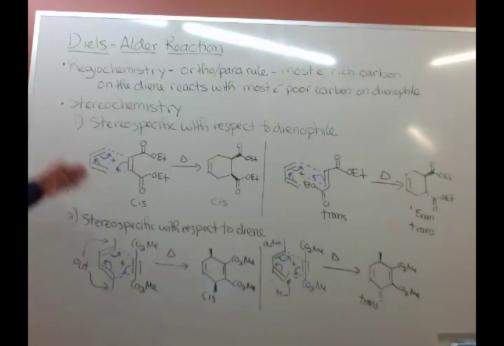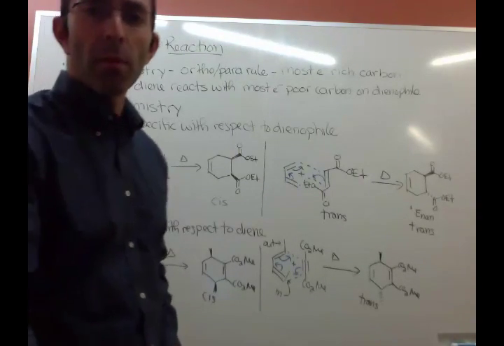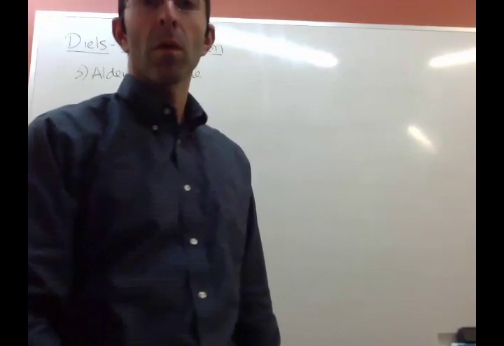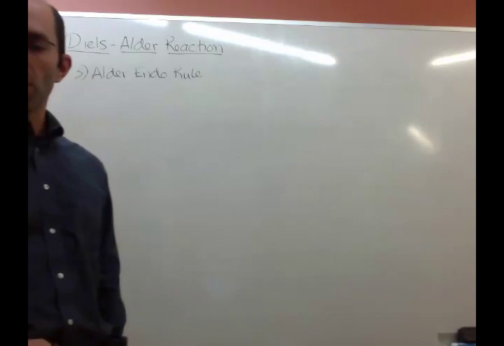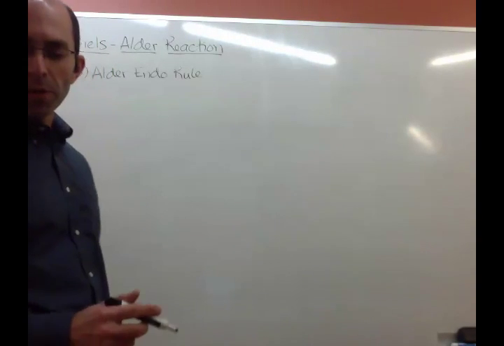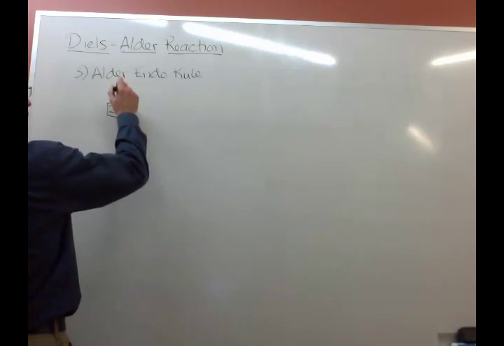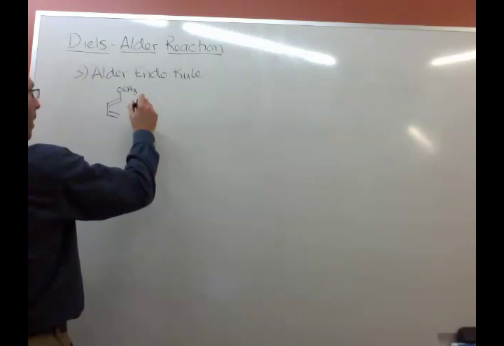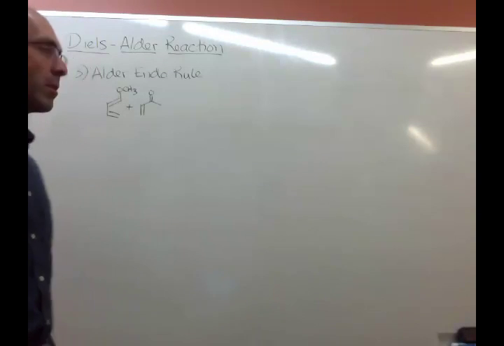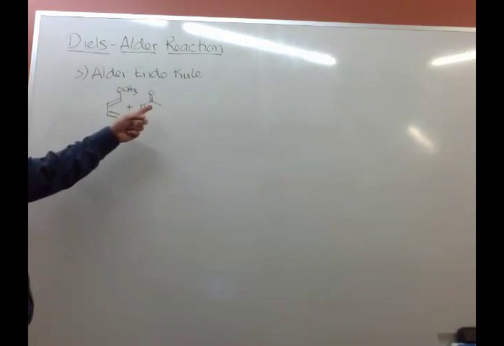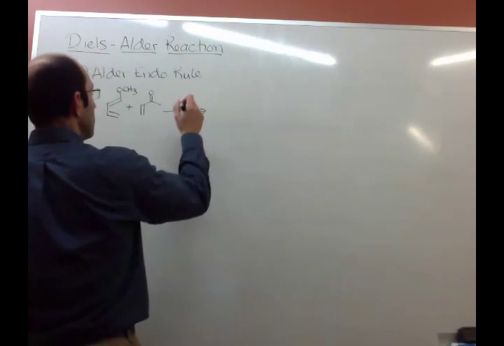All right, so we've illustrated these two rules. We have one more rule to illustrate, and then we'll do a practice problem. The third component of the rules for stereochemistry is the Alder-endo rule. And this is going to allow us to answer questions like the following. So the question is, how do we predict what's going to happen when we have a reaction that looks like this? So we have a methoxy group on the diene, a ketone on the dienophile. The question we want to answer is, when we do this reaction,